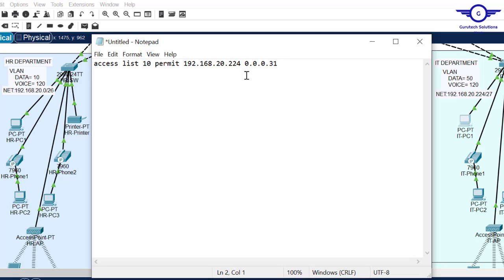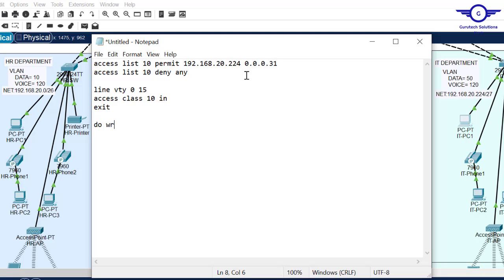Then access-list 10 deny any. All right, so let's enter line vty 0 to 15, then access-class 10 in. Okay, exit